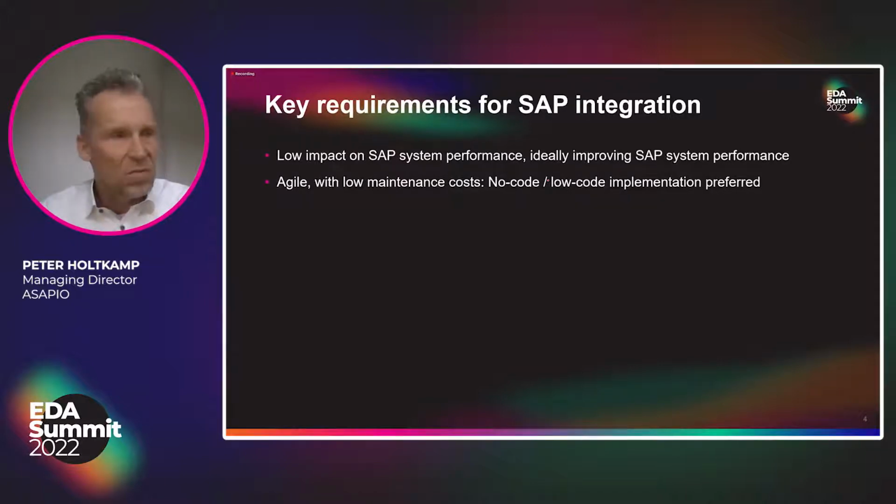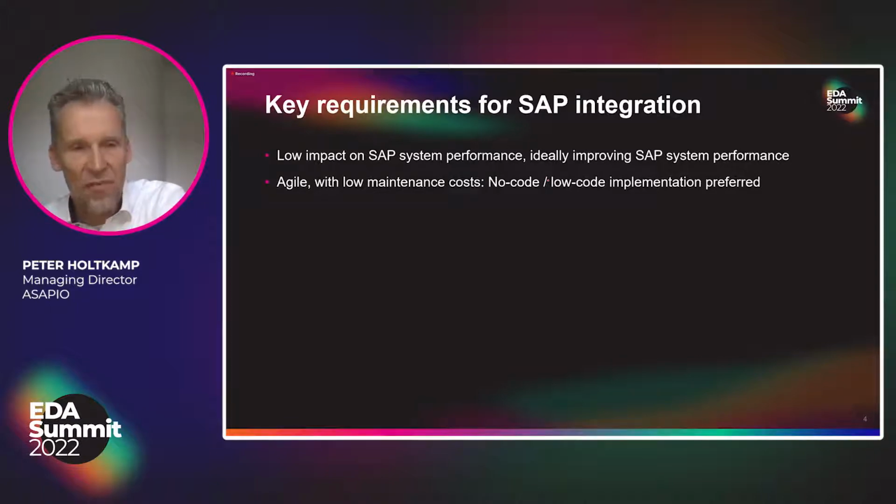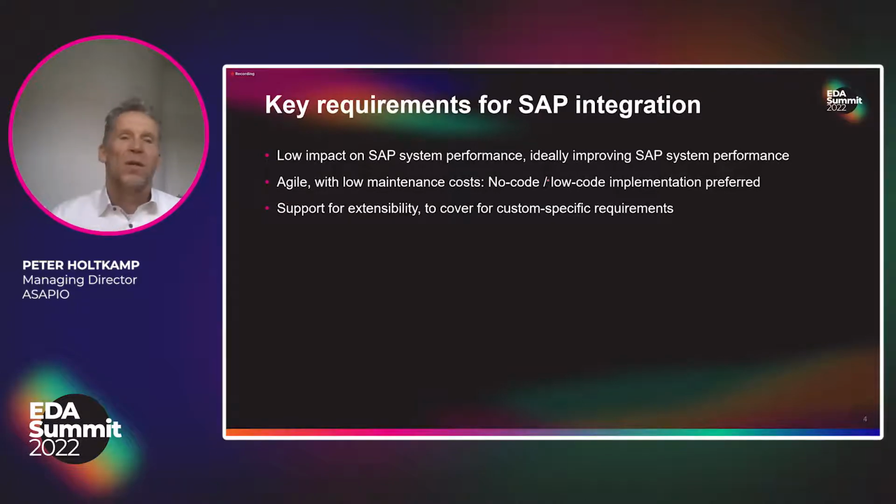When you talk about external applications like online stores, analytics or something, they require changes in the infrastructure and the data structures on a weekly basis or something. So you have to be able to facilitate these needs. You need the agility, you need the speed to market. And that's why we have to use a no-code, low-code implementation approach, because if you want to code all these interfaces, you're too slow, and this is too much effort for you to build all that stuff.